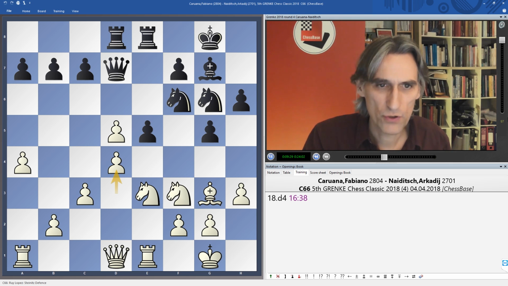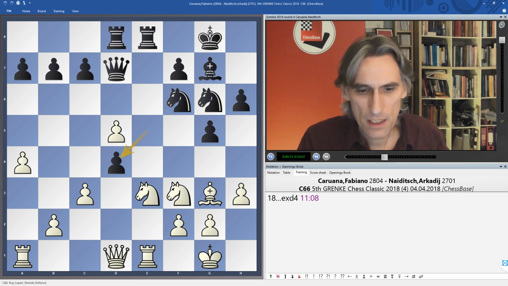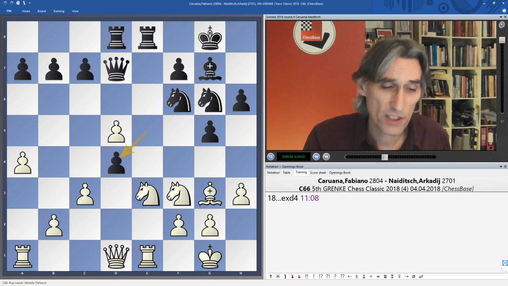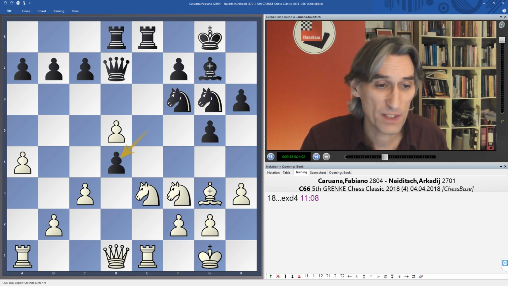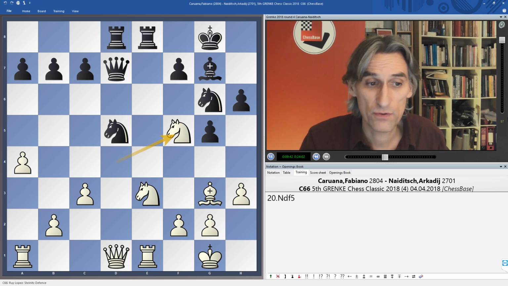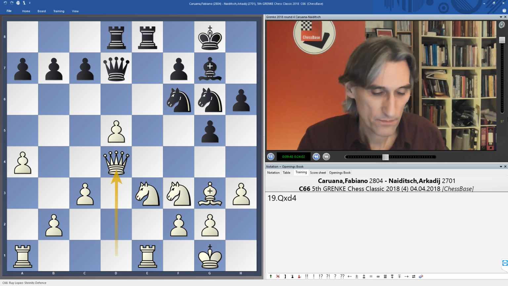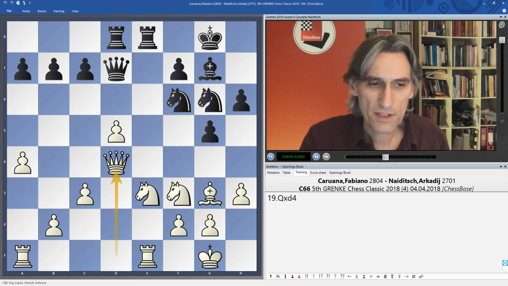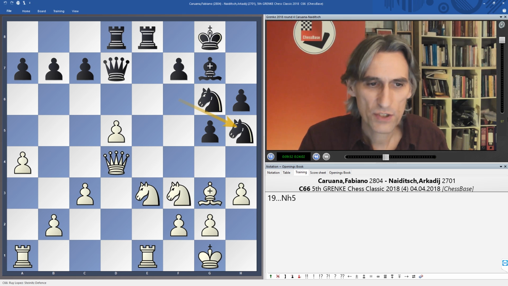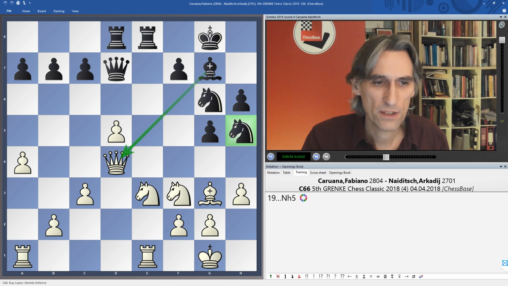So Naiditsch now took on d4. And here, well, white can actually recapture with any of these pieces. It's possible to play like this and put this knight on f5. That's one idea. Queen takes is tempting. But in this case, knight h5 is an interesting possibility. Hitting the queen,